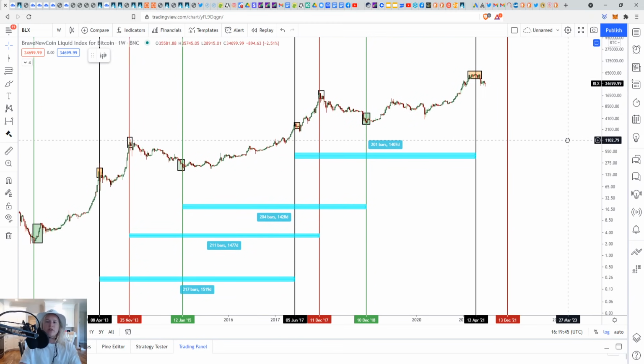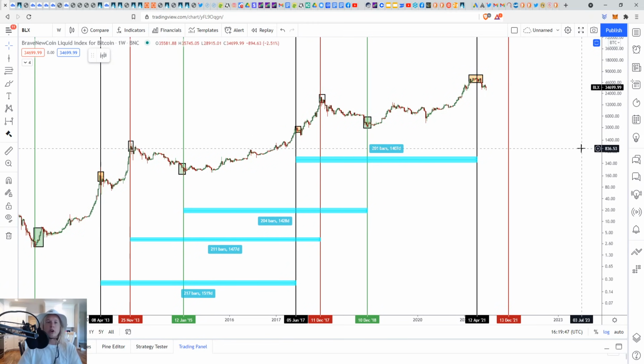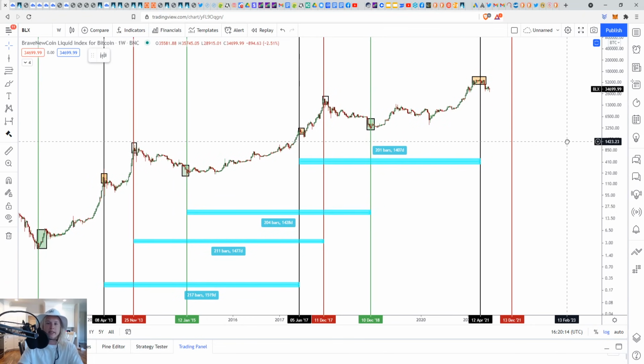And so we don't know exactly where the exact time frames are going to be. Is it going to be December? Is it going to be late November? Could it be January? These are all things that we have no idea of knowing until the actual time comes. This is really why, for me, I'm just going to be taking the last few months of the year, structuring my sell orders, laddering out of my positions, because I'm not going to try and predict the exact top. I'm not going to try and wait until some specific date and just sell everything at that exact time frame. I'm just going to ladder out in this next big move